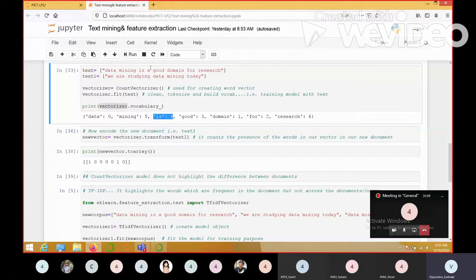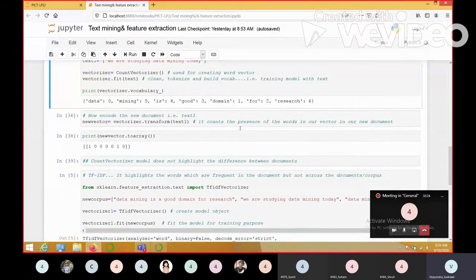It has only removed this a. Apart from that a, everything is present. Even this for is present. Understood? So in short, it has assigned an index value to every word in the given text document with which we have trained the count vectorizer model. That's the only thing.